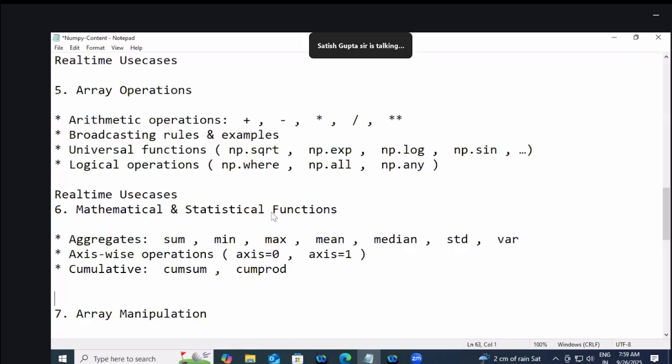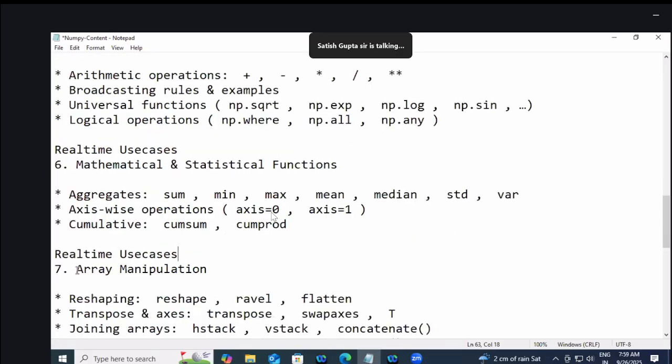And even this you do with some real time examples. A lot of examples you learn as a part of this NumPy. You learn with some real time use cases. Then after that you are talking about